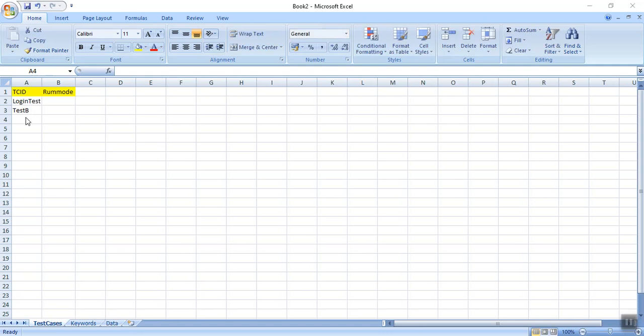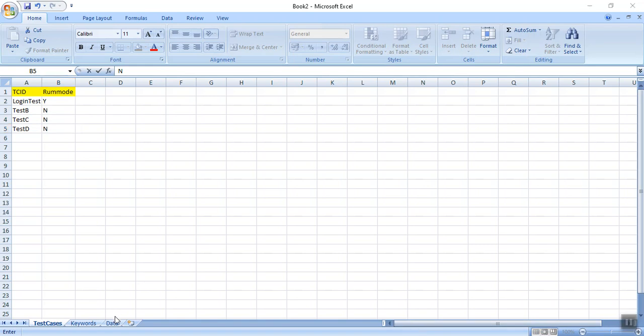Here we have test case IDs, and the test cases are login test, test B, test C, test D. With each test case, we have a run mode like yes, no, no. I hope you know the run mode. Run mode will tell us whether we have to execute a particular test case or not.